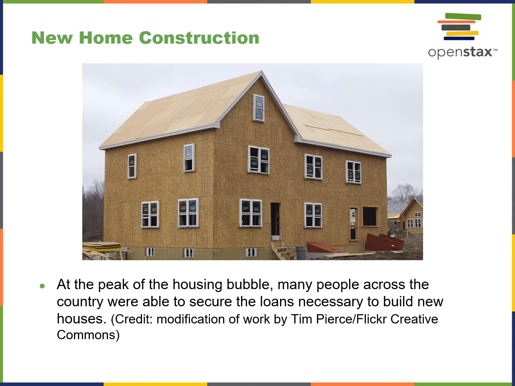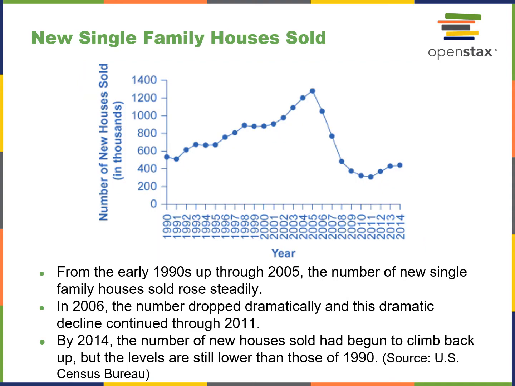An example would be new home construction. At the peak of the housing bubble, many people across the country were able to secure loans necessary to build new homes. And what you see is a graph of the housing market. The number of new homes sold and created was a general upward curve from 1990 all the way up to about late 2006, and then the number dropped dramatically,